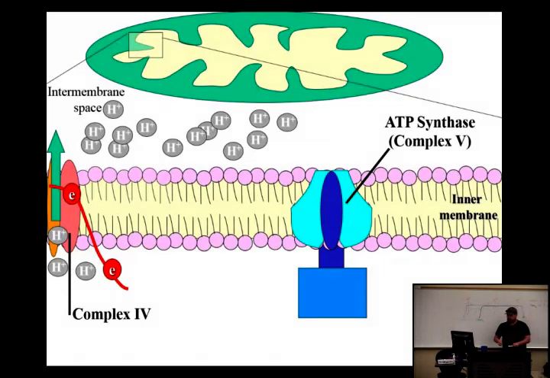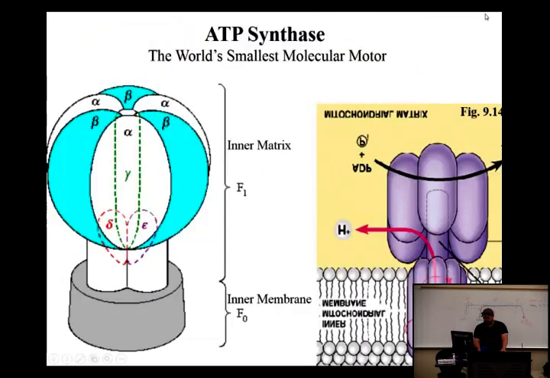So I'll show you guys how that works. This is the setup that I just drew. So this is F0, lies in the membrane, and then this is the gamma subunit. You don't have to know this, but this is the drive shaft, and this is made up of two different subunits, an alpha and a beta, and they rotate. So there's actually 3 core enzymes here that are making ATP on each side of it.